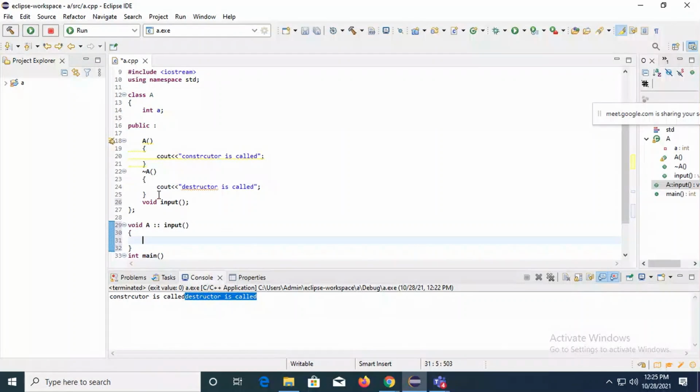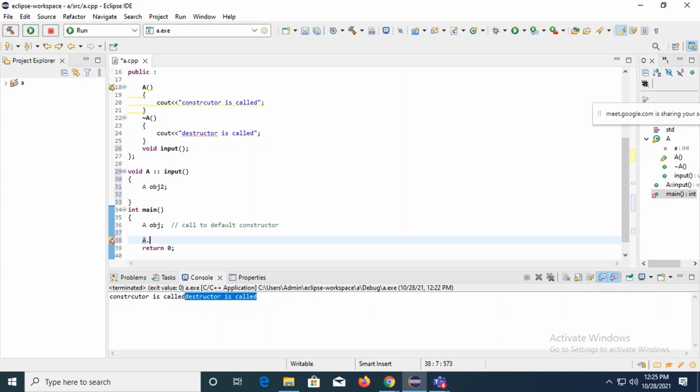Now here I can create another object. So I can create an object, for example, obj2. Okay, that's it. Now this is an input function. Let's try to give a call from here.